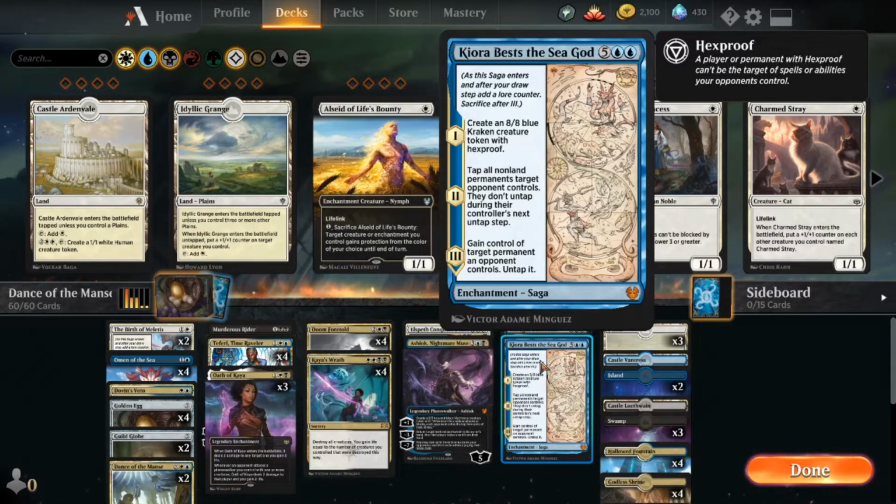Now if you're going up against a mono black deck, or you're going up against a red deck, or you're going up against a white blue deck, this creature is going to stay out long time because they can't target it with anything because it's got hexproof. So on the second turn that it's out, you get to tap all non-land permanents target opponent controls. They do not untap during their controller's next untap step, which means that your 8/8 gets a free swing in, and you get to slam in with 8 damage and not have to worry about the kickback from it because